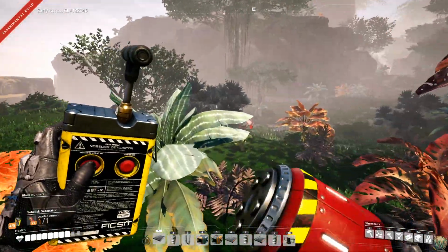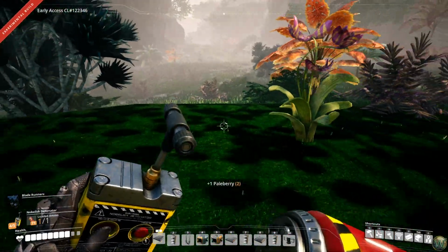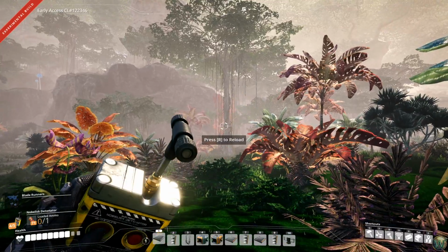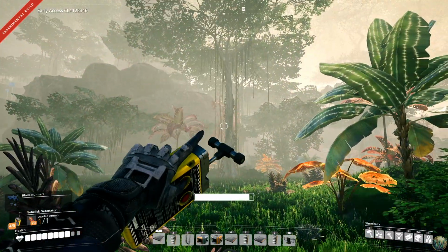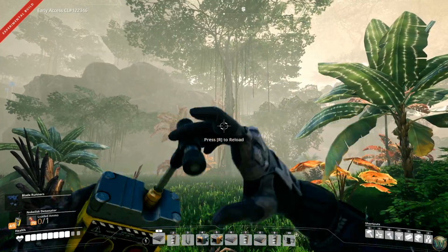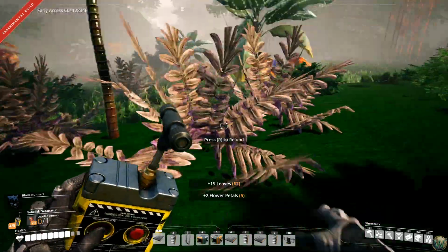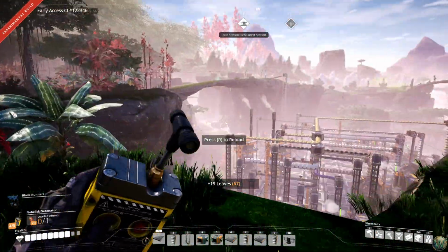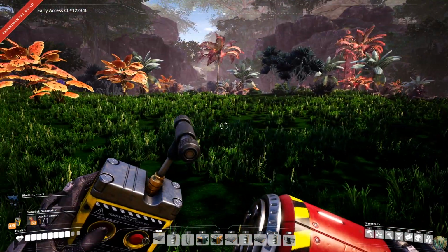Good. Oh, look, there's a fruit tree here. Nice. That one did not go far enough. Good thing I got plenty of these, anyway. That one did. Okay, so that's an idea, at least. But the bus comes right here. So...